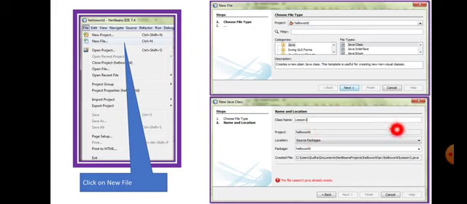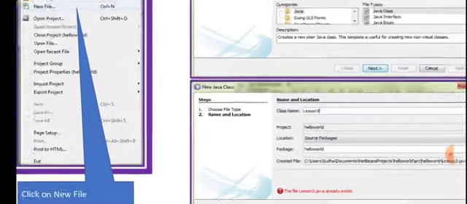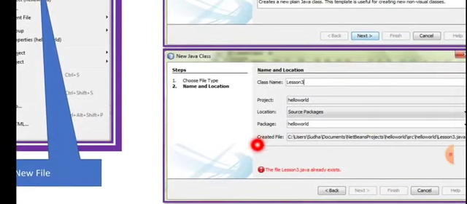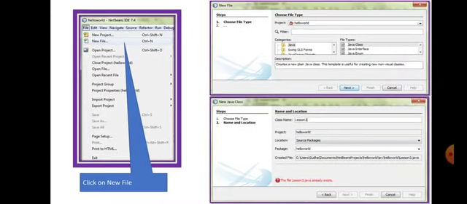I will tell you in the next slide. It will be very clear to you. So the location is here. This is the path which will clearly give you the location. And if you already have this lesson 3, at the bottom you can see the file already exists. As you can see here, the file lesson3.java already exists. So you can use some other file. Since lesson 3 is already available, it is giving you a caution message. It is already existing. Hope you understood this.